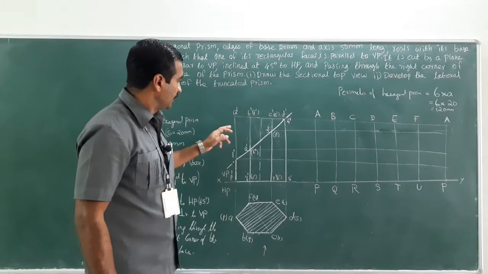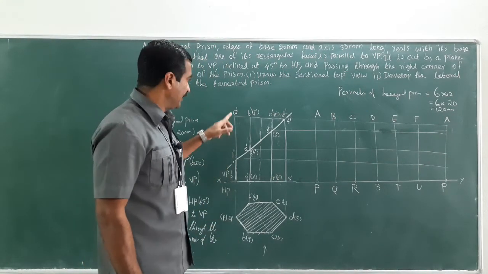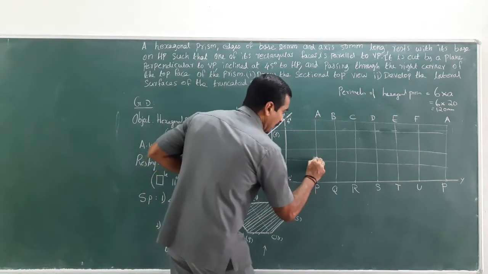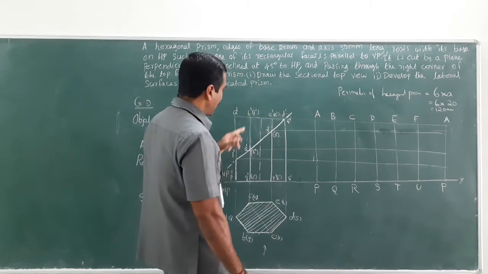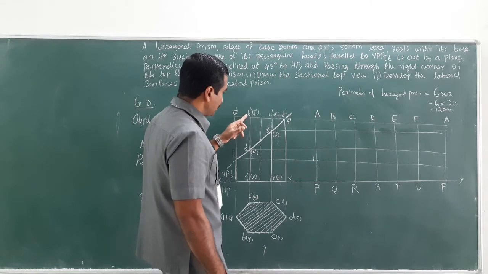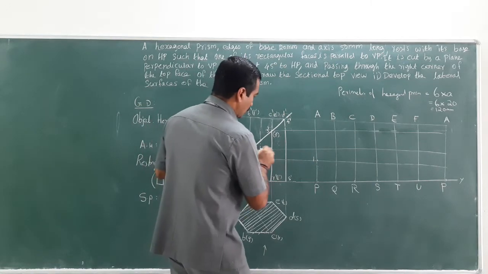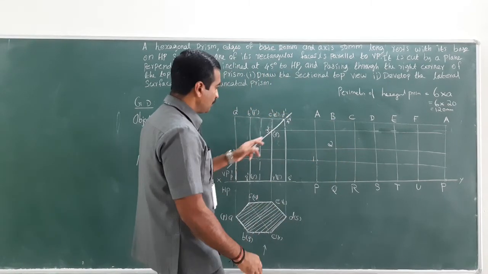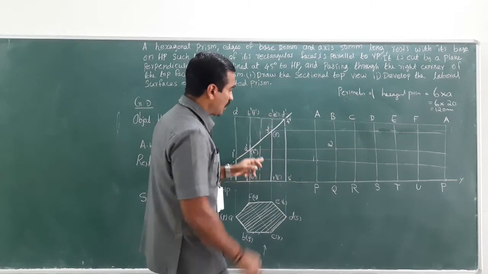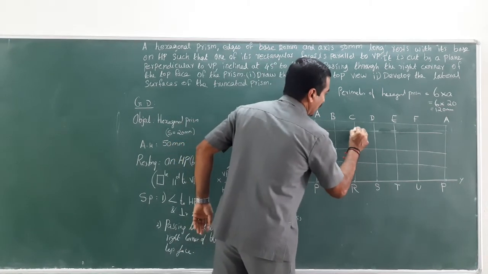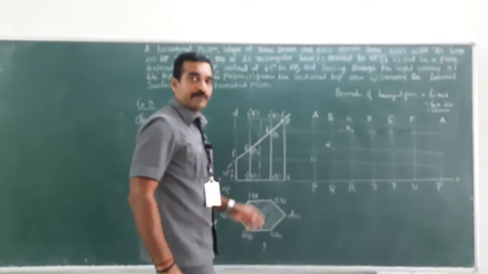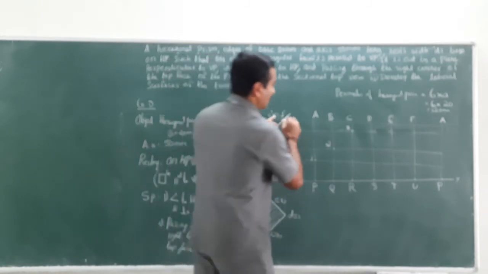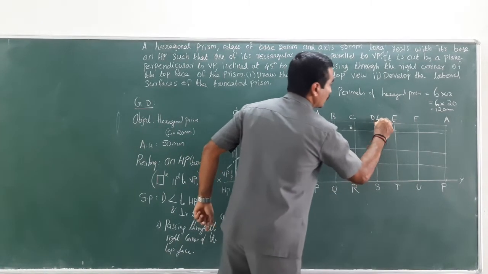Now look at here. Point 1 is between A and P. Look at here the intersection, A and P, this could be 1. And point number 2 is between B and Q. Look at here the intersection B and Q, this could be point number 2. Point number 3 is between C and R. Look at the intersection C and R, this could be 3. Where is point number 4? It is on D, that is DS. Look at here, DS, this could be 4.